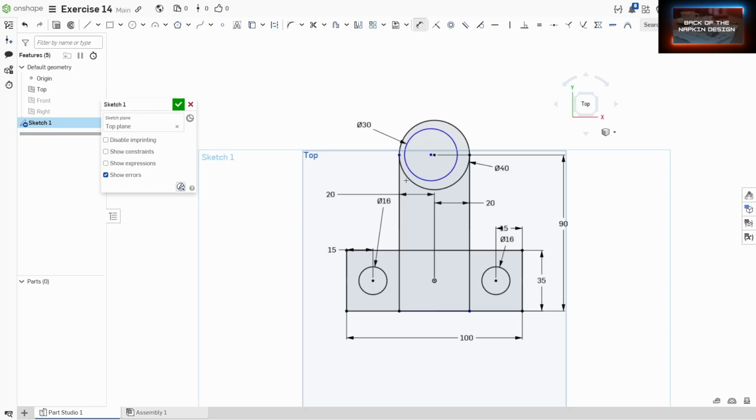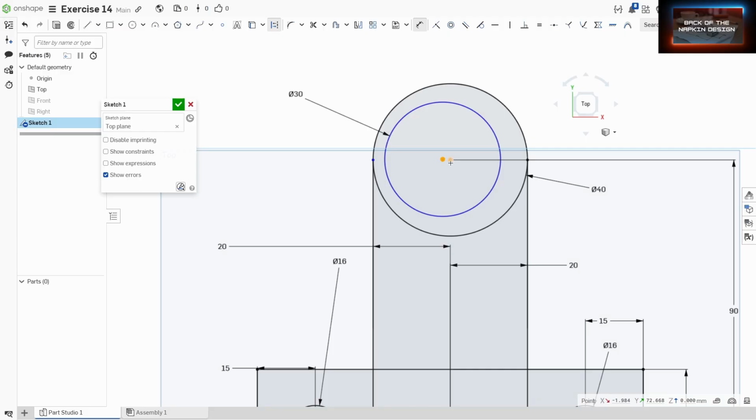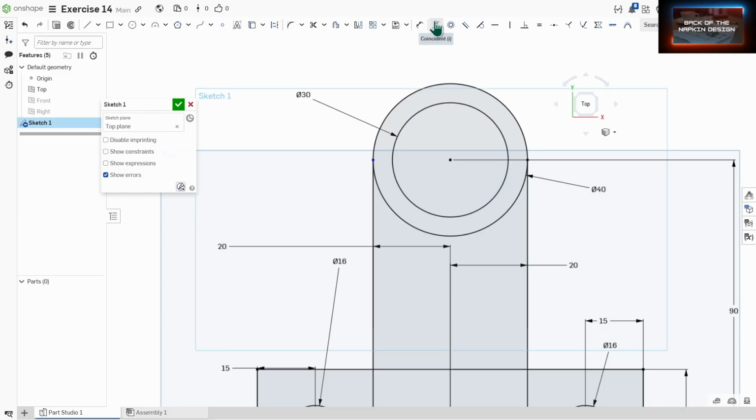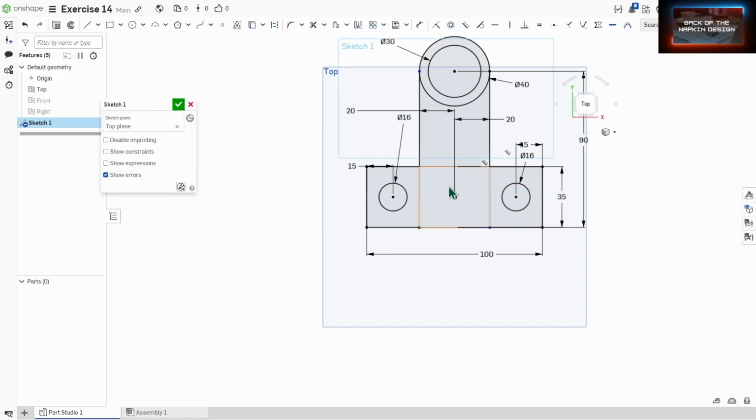All right, and let's center this. So to center it, I'm going to click on the blue dot, click on the black dot, and, sorry, let's try this again. Blue dot, black dot, and then go over here to coincident, and then it will shift it back. All right. So next we need to